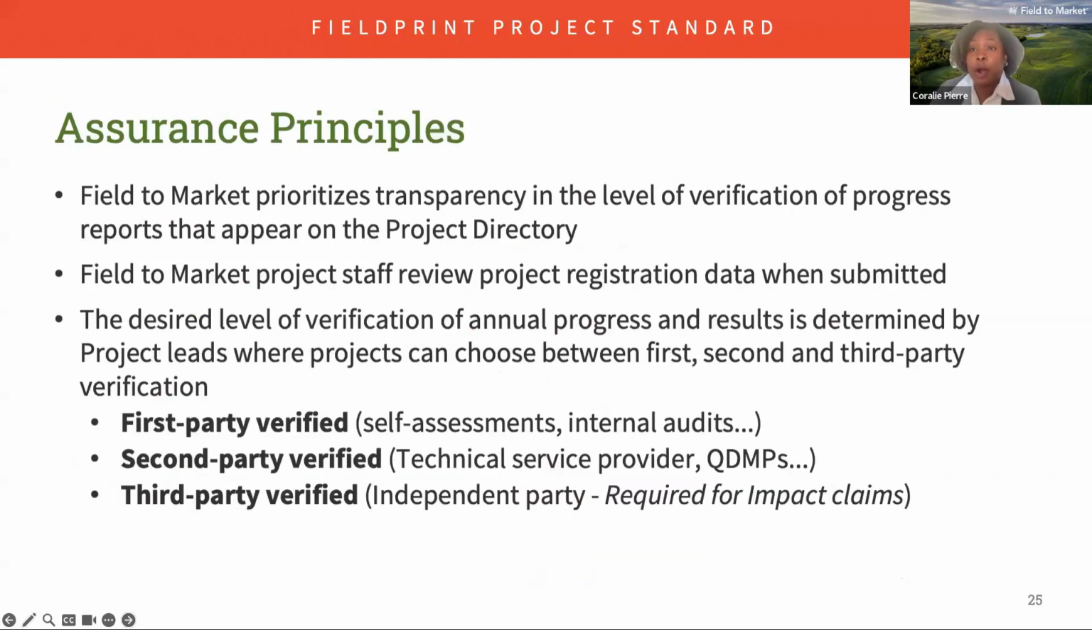The standard also prioritizes transparency in providing how you can verify progress report, display on the project directory, and offer guidance for project lead to choose between first, second, and third-party verification. So first-party verified, those are projects where the assessment of progress is performed by the person or organization that is being assessed. Example includes self-assessment, internal audit, or a project growers entering data directly in the Fieldprint platform with no